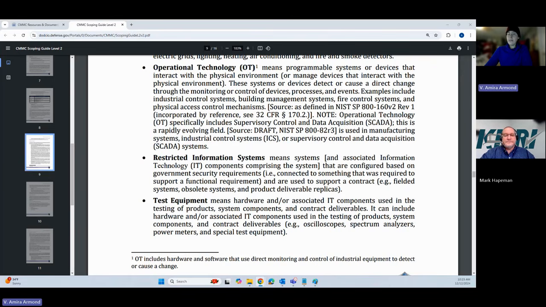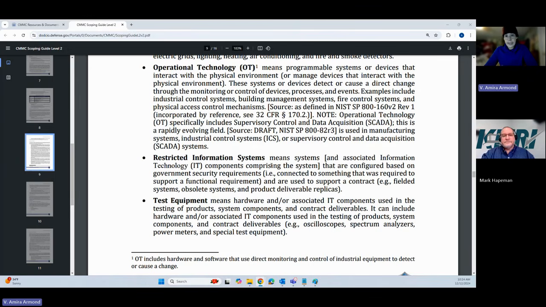Okay, now this is my favorite specialized asset type, because in a lot of cases with restricted information systems, I'll be talking to defense contractors who have been struggling with CMMC. They've been working on it for a year and they're like, I just don't know what to do about this one server I've got.